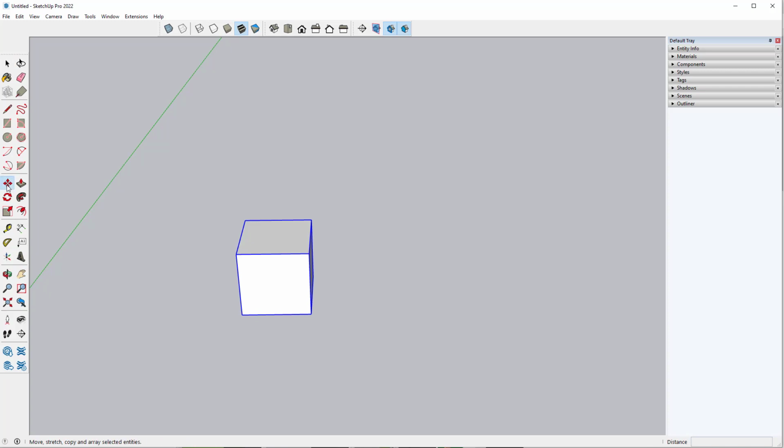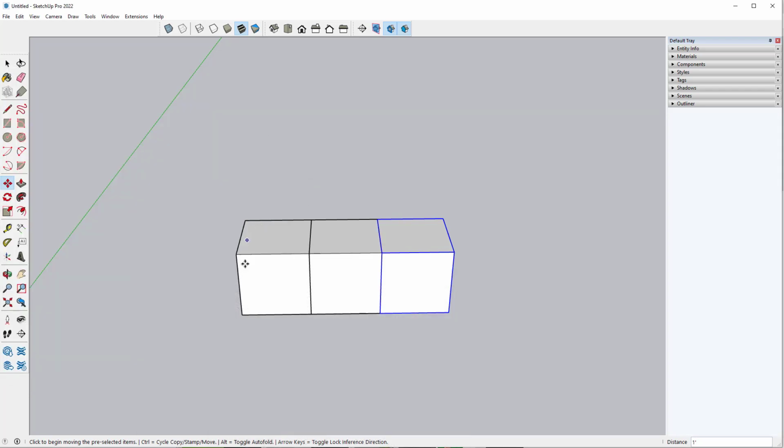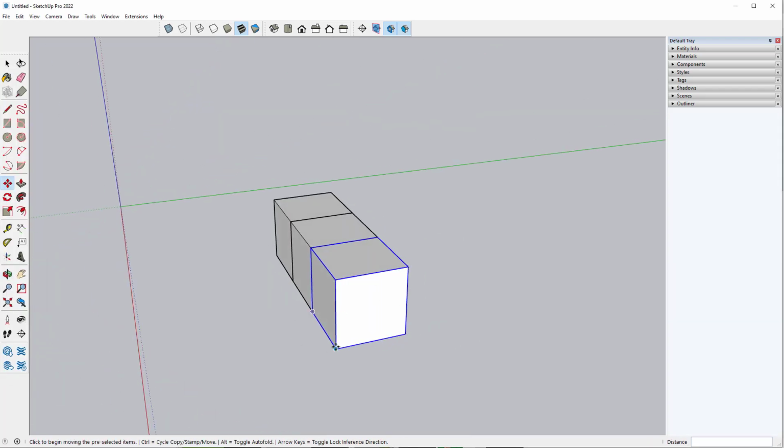So if we take our Move tool, you can see we can click on the Control key in order to create a copy. So I'm going to hover over the bottom left-hand corner, hit Control, and move that over. And we're going to do that 3 times as we are drawing this one. So it is 3 wide and then 3 backwards. So I'm just going to come in here and continue to copy this over